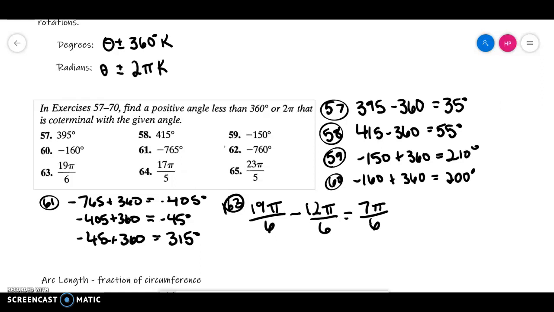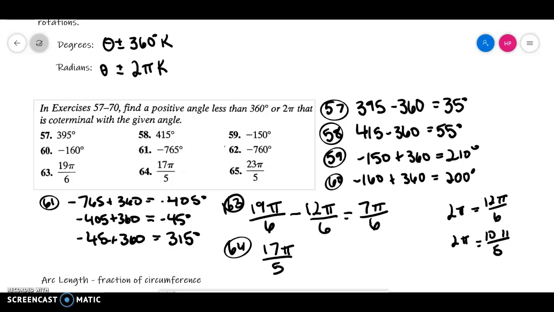64 or 65. They're both divisible by 5, so let's try 64, and then you can try 65 on your own. So 17 pi over 5. So this again, and thinking through what 2 pi would be equal to, and I can put it over here. So we had 2 pi for this one is 12 pi over 6. And if I have 2 pi here, it's something over 5. So I would need 10 pi over 5. 10 over 5 is the same thing as 2. So if I subtract off a 10 pi,